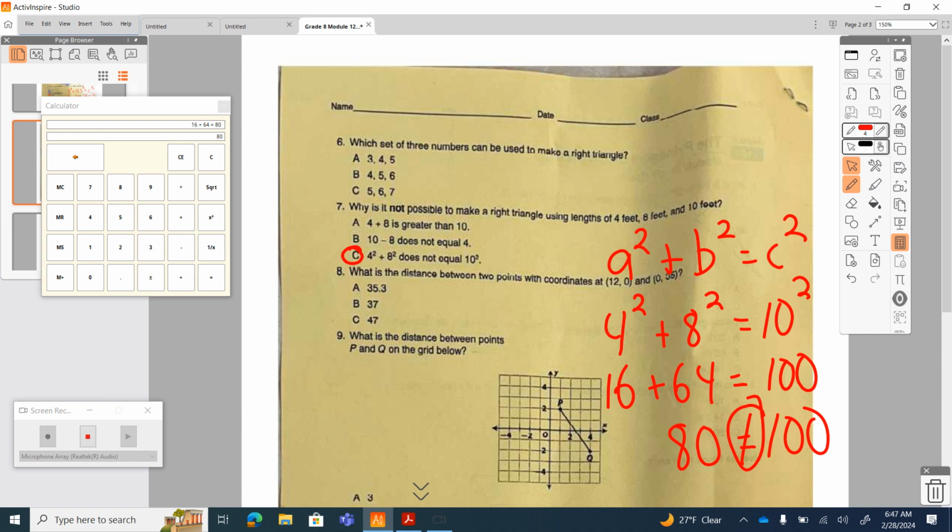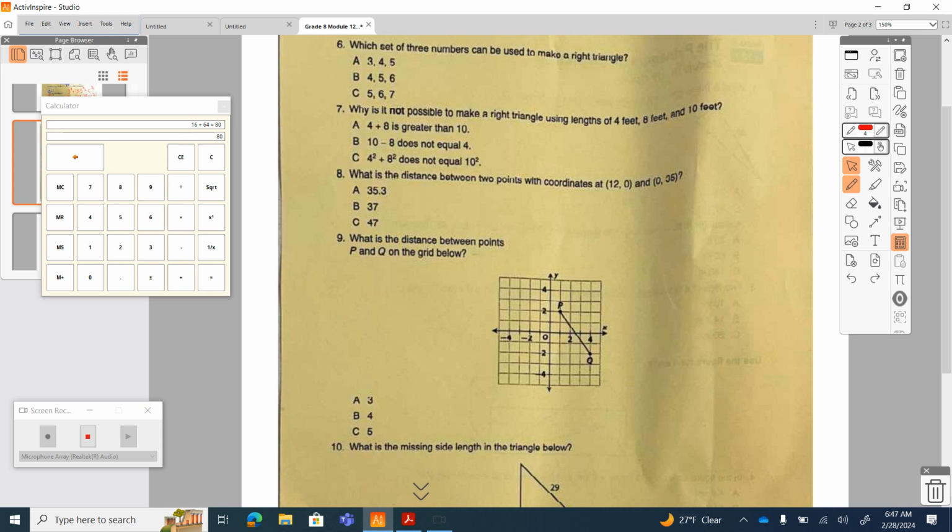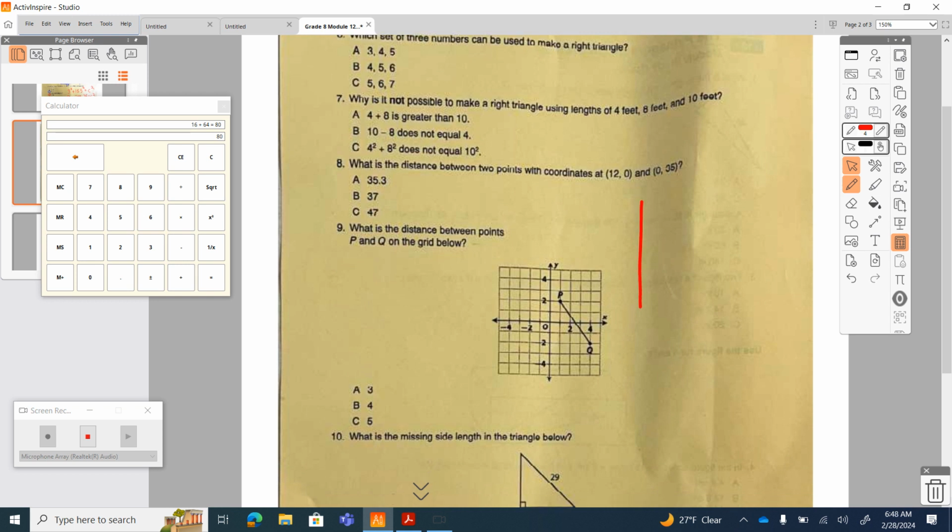That's the reason. The other two have to do with how to make a triangle, which you'll learn in high school geometry. Okay? So, clearing these. Scoot this down a little bit. What is the distance between 2 points with coordinates 12, 0, and 0, 35? So I'm going to sketch this out to make sense for me. So 12, 0, be like over there somewhere, right? And 0, 35 would be like,